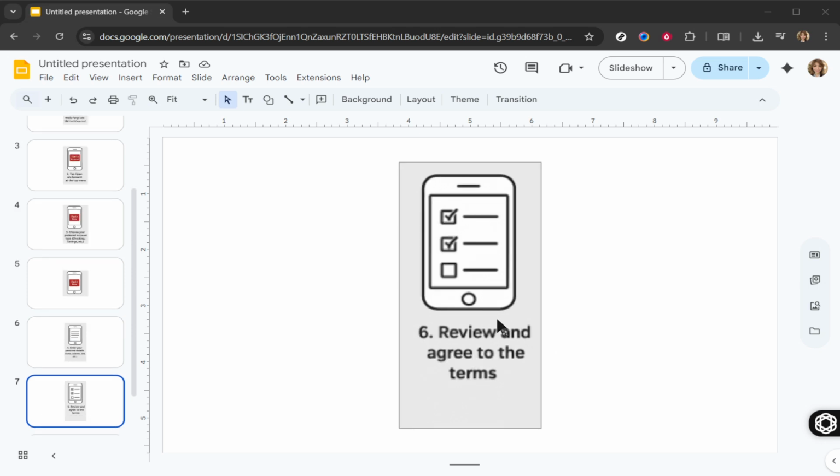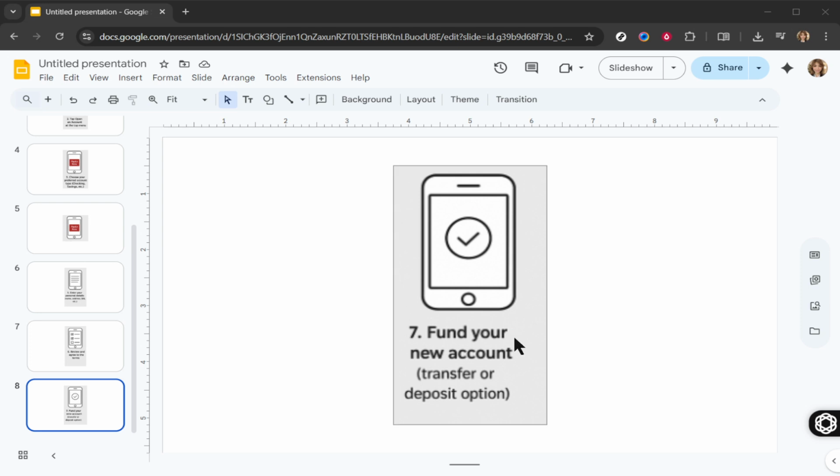Once you've completed the funding process, you'll see a confirmation screen letting you know that your new Wells Fargo bank account is officially open. You're now equipped with the tools you need to manage your finances more effectively, all thanks to your new Wells Fargo account. Congratulations on taking this fantastic new financial step. If you followed along, your Wells Fargo account is ready to use and you're now set up to manage your